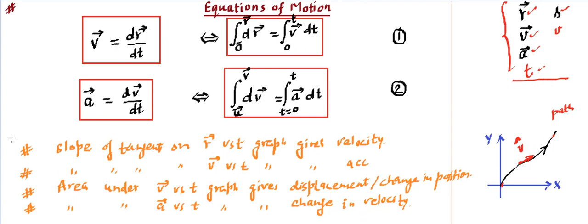So these 4 points are extremely important to handle the graphical questions, and they all are related to the basic definitions. So this slide, whatever you are looking at, covers entire kinematics. Now the next purpose is simply using these equations and solving them to find the unknown quantity out of the given quantities. So we will be proceeding as we have decided. We will start with the first dimension motion, or one-dimensional motion, or straight line motion.